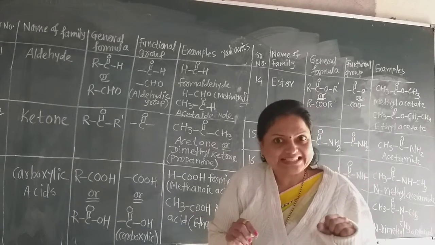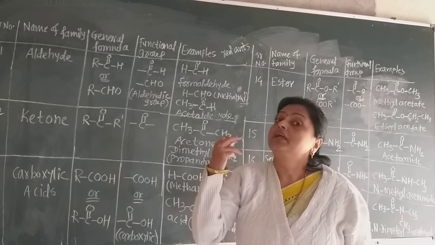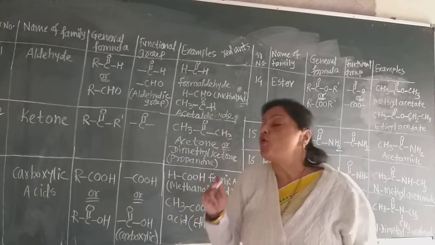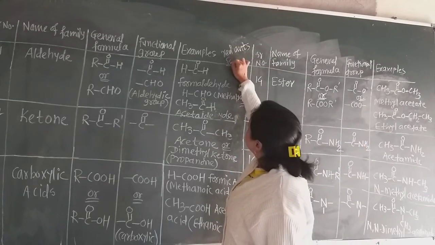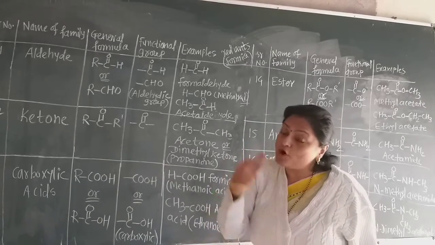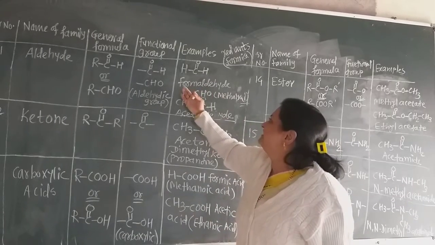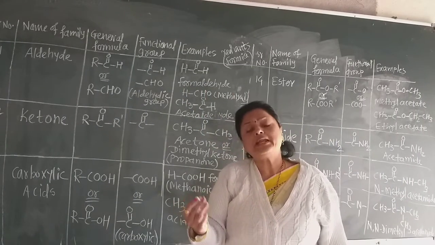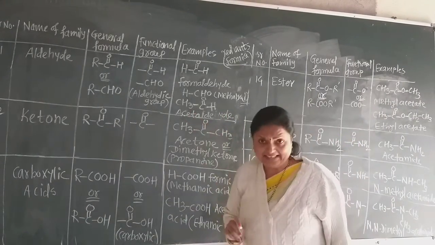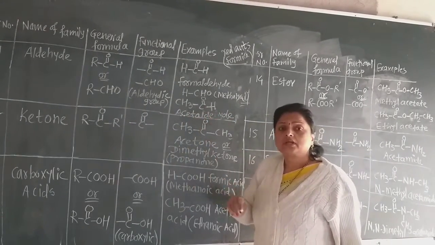This formic acid, HCOOH, is present in the red ant, and in Greek or Latin language, red ants are called formica. From that, red ants have formic acid, and so this aldehyde is also called formaldehyde. That is the common name, but the main name of that is methanal. Now see the second aldehyde here. Here the R group is the methyl group and C=OH is the functional group there.